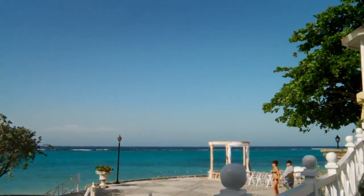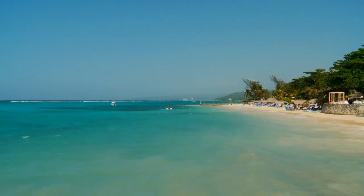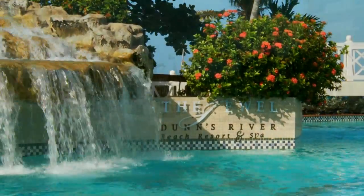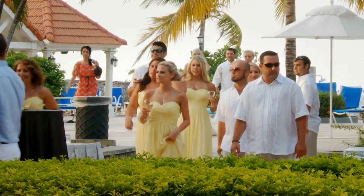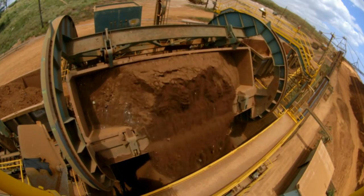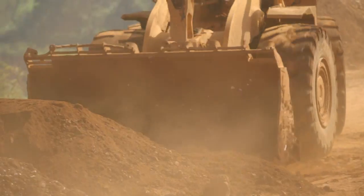When Noranda employees tell their friends they're going to Jamaica on business, they get a lot of envious remarks, because this is the image of Jamaica that comes to mind for most Americans: beautiful beaches and relaxing resorts. And that is certainly an important image for the Jamaican island and economy. But the Jamaica where Noranda works looks much more like this, not something you're likely to see in a travel